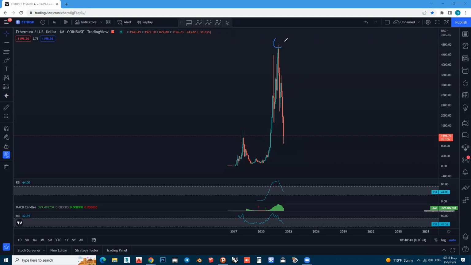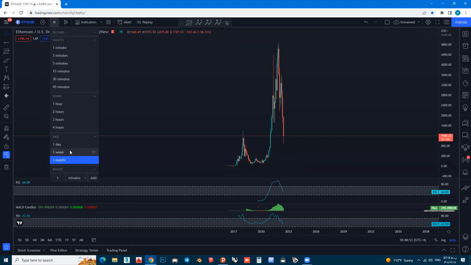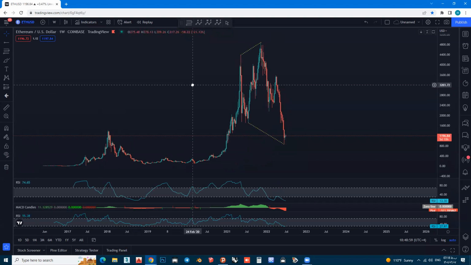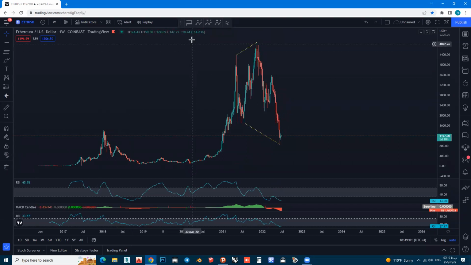As we can see, the price tagged the all-time high. Still, we are within this downtrend. Okay. By the way, from now we check the chart daily, and every day we want to see whether we can get any opportunity for buy or not. And if we move to the weekly chart, first thing,